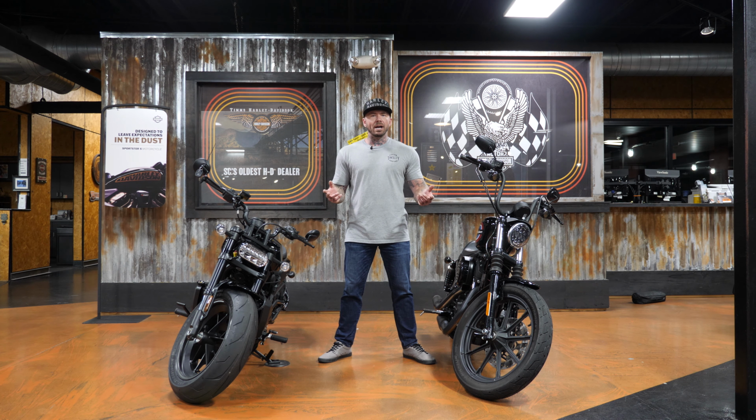It's a crazy time right now, guys, because I would really rather compare this one to the 48 for a couple different reasons, but we don't have one of those either. So just to be transparent, this is a used bike. We'll point out any discrepancies that there would be in the new model, but we're going to put these two in